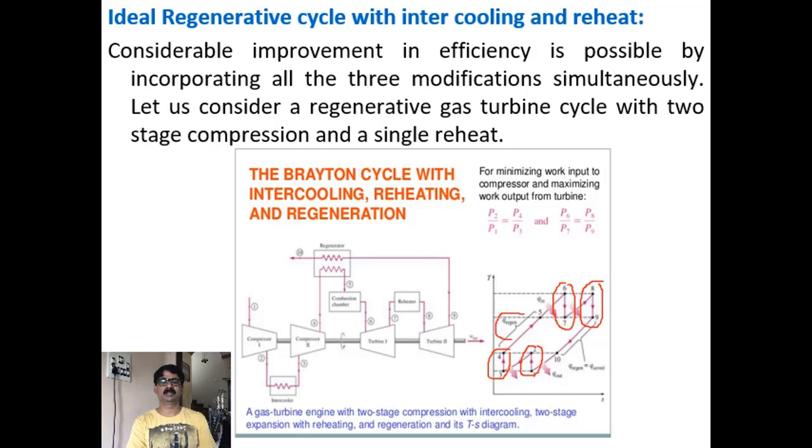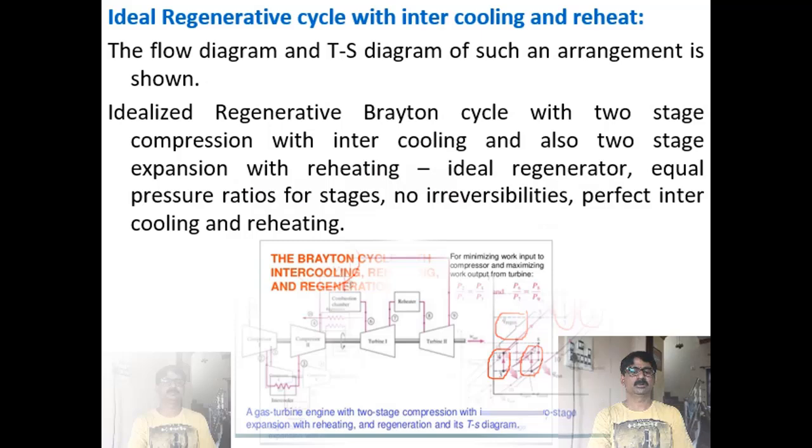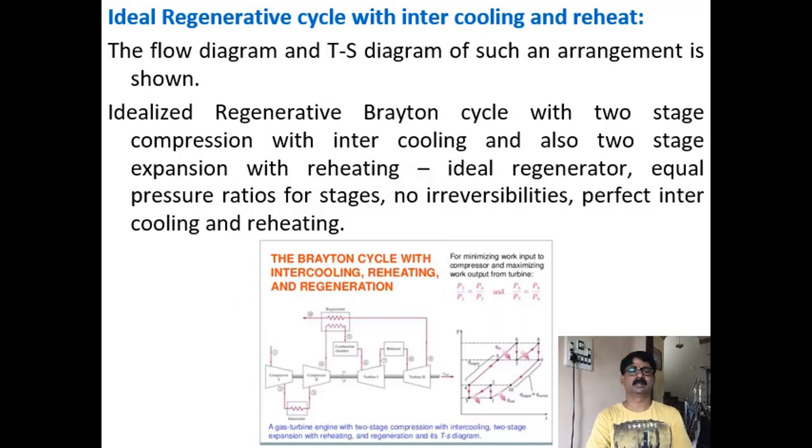Some of the heat of the exhaust gases from the turbine, that is at T9, which is higher than T4, is absorbed by passing the hot gases from the exit of the turbine through this regenerator, where the second compressor outlet is also made to pass, so that there will be heat transfer from the hot gases from the turbine to the air leaving the compressor. So this is the flow diagram, and the next one is the TS diagram.